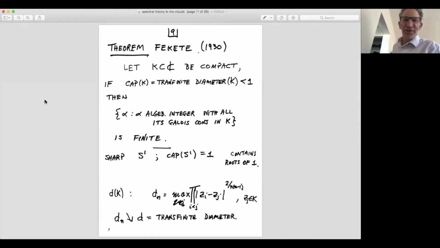So what's going to be relevant for us, as you can imagine, is that if you have the characteristic polynomial of the adjacency matrix of a graph, the roots are algebraic integers, clearly, because the characteristic polynomial starts off with x to the n, and otherwise has integer coefficients. And because the matrix is symmetric, diagonalizable, all the other eigenvalues are also roots, and they're all real. And so the capacity, you would imagine from this theorem, and it's not a difficult deduction, that'll be one of the things I'll deduce, that any spectral set for a 3-regular graph must have capacity greater than or equal to 1.